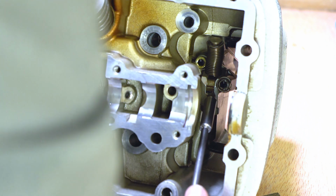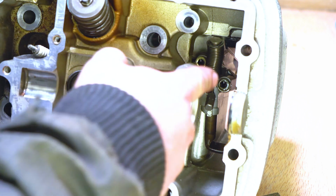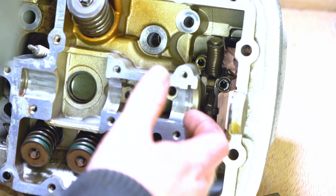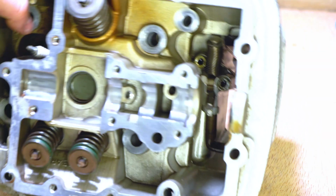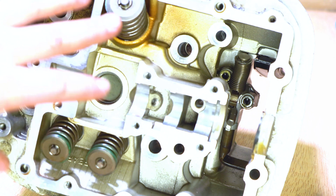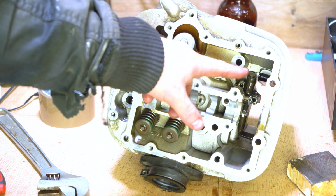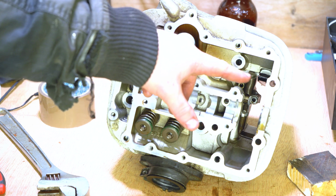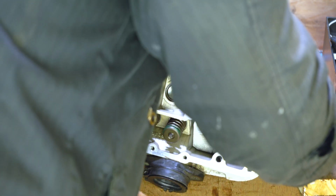Now I can remove this arm from my bit and the bit will stay in there. I'm just going to make sure it's in secure, yep. That then gives us the ability to continue to remove all of the nuts and bolts. There is a piece of casing behind the spring, you can just see it just there, that's sort of dipping down behind. I'm not sure if we'll actually be able to remove it, but